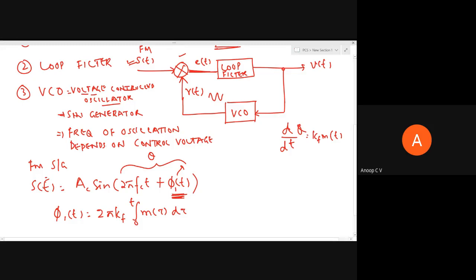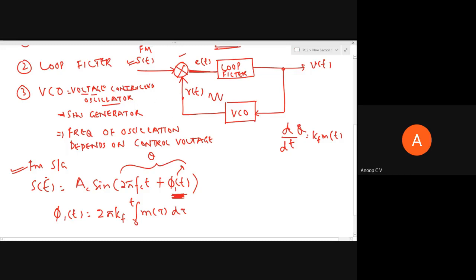So till here, we just recollected what an FM signal is, and we have seen what is meant by demodulation. By demodulation, we need to get back this phi 1 of t, since it has the information of the message. In the direct method, which used a frequency discriminator, when we differentiated S of t with respect to time, sine becomes cos, and as theta is a function of time, the derivative of theta comes again. That gave us m of t back. So that was the direct method. In the indirect method, we'll be using a PLL.